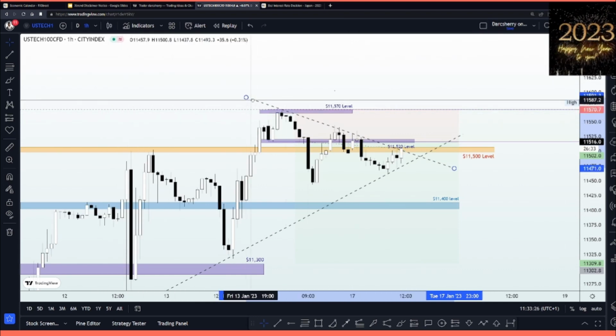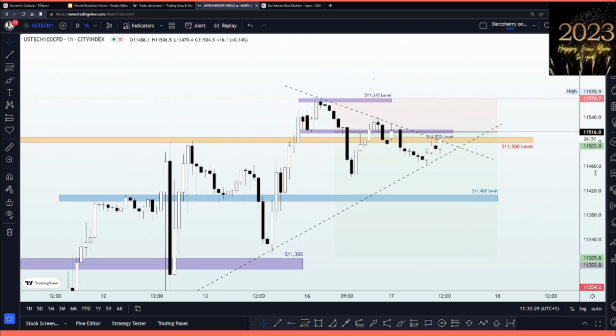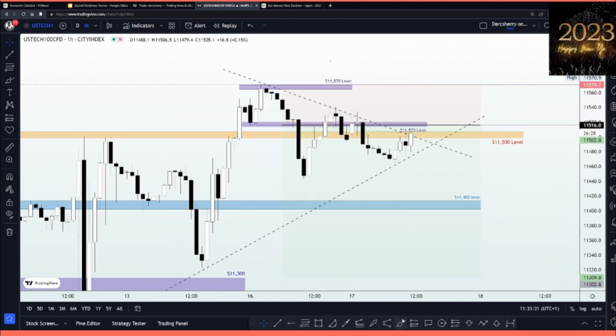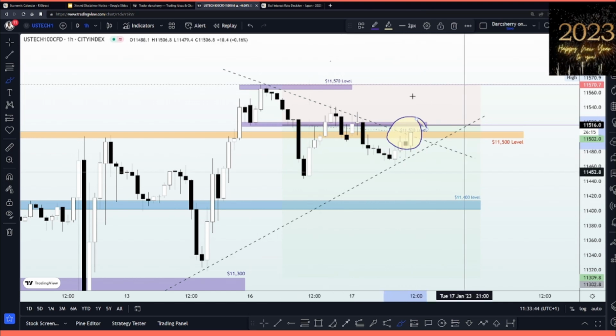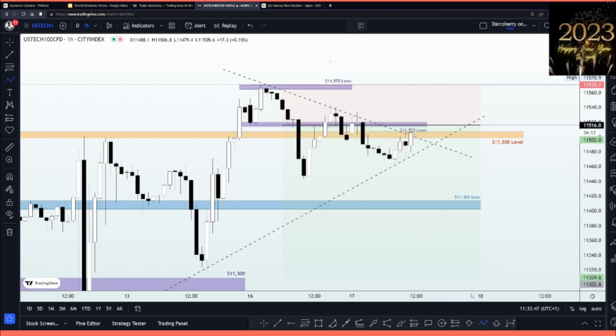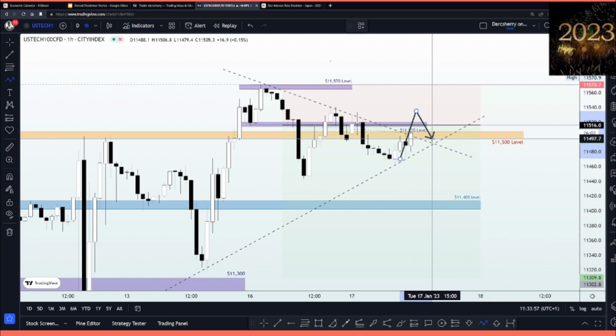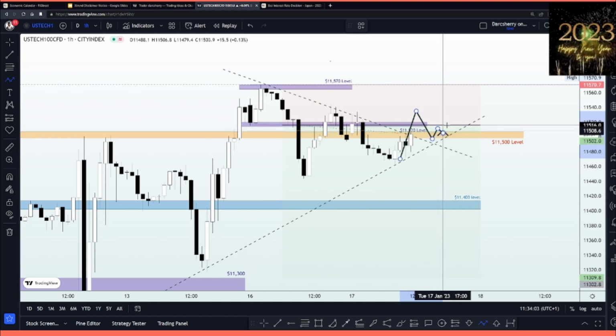So let me do some readjustment. So we have something like this, and now what we are looking forward to as we start seeing buy pressure come in right above that bearish trend line, we want to see an outright breakout of the structure at the $11,500 level, which also shares a very beautiful confluence with that bearish trend line we just identified. So what we are looking forward to buy the USTECH is to see price break out of the structure that we buy. Then if price comes back to do a retest of structure, which from a technical standpoint is a usual scenario on this kind of breakout structures, then we want to be adding more position to our existing